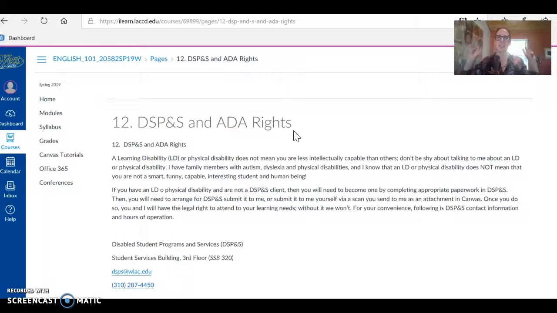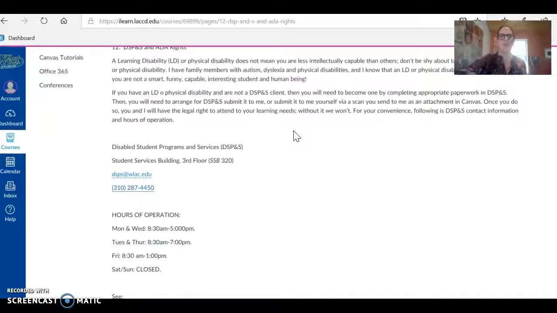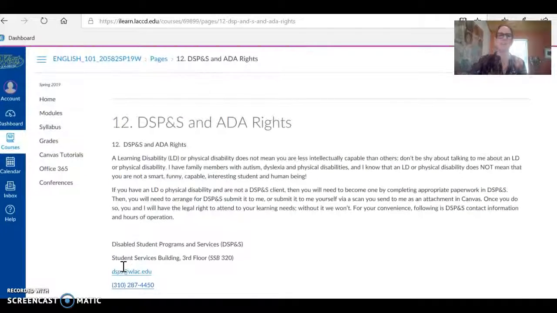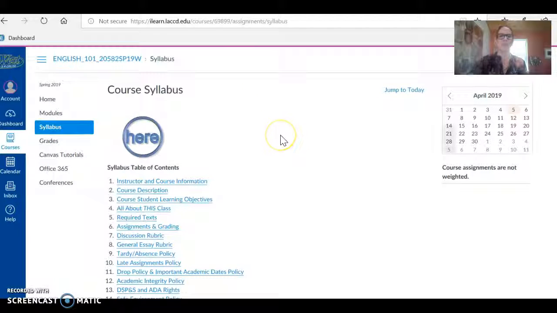And I don't like the term special needs because it makes people seem like they're off or there's something not quite right with them. If you have an LD, autism, anything that you have, it makes you special and unique, and you learn in a different way. And you want to be aware of the services that are available to you. So I have all of this information here. Okay, so please read it and learn all about it. Okay, so this is our syllabus here.